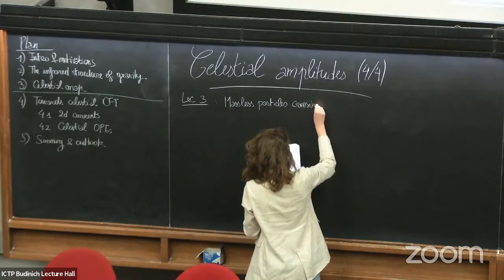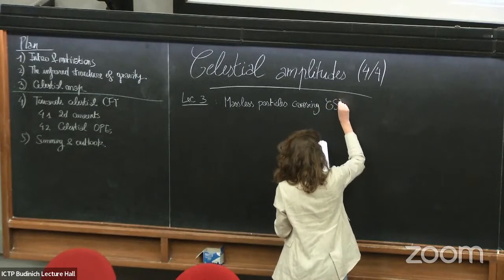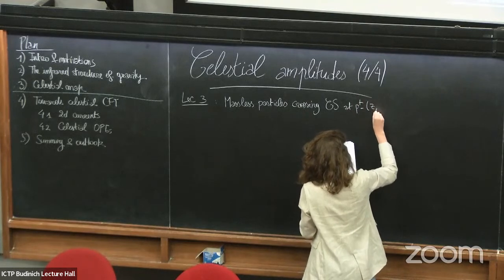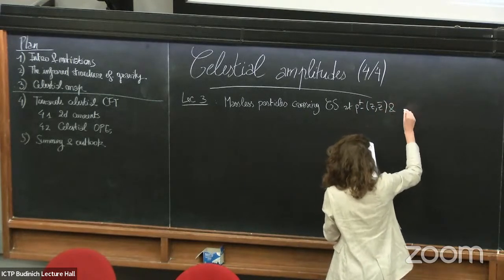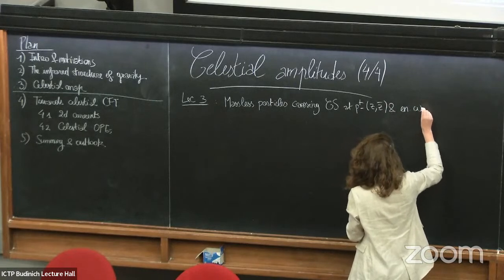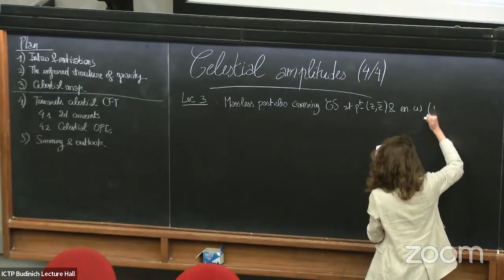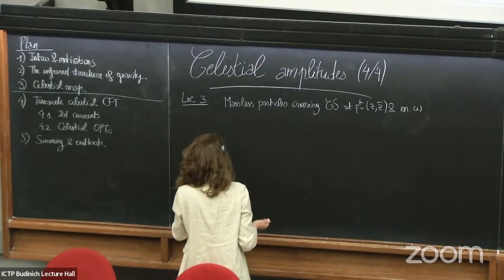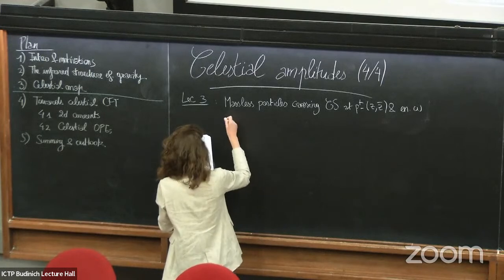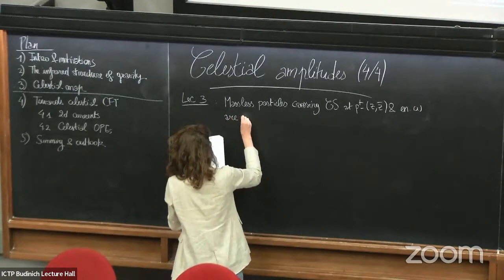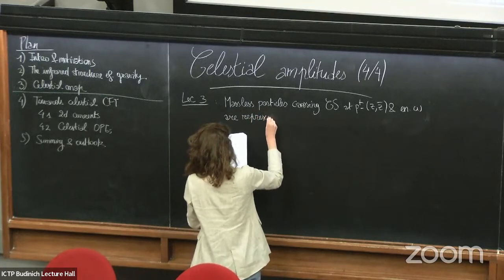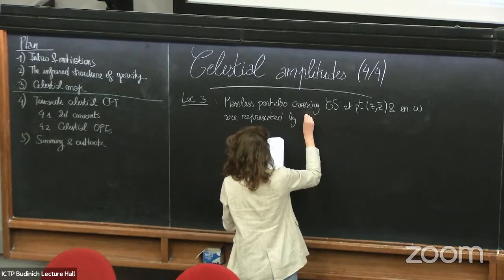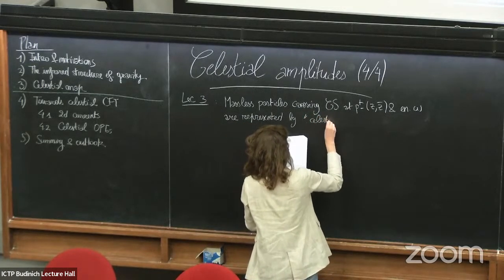The massless particle crosses the celestial sphere at a point z, z bar, carrying an energy omega, and also a helicity if it's a spinning particle. So these massless scatterers are represented in celestial holography by celestial operators